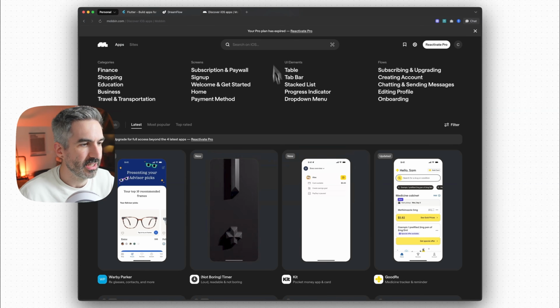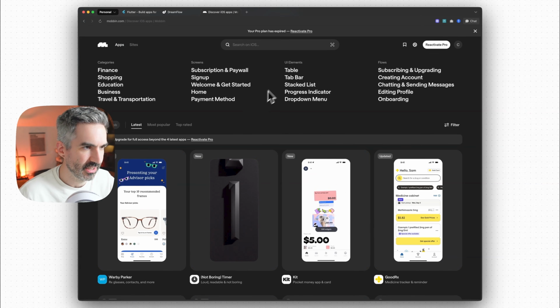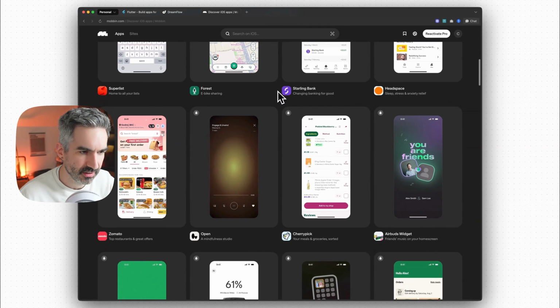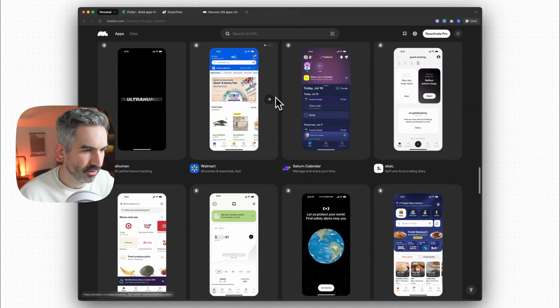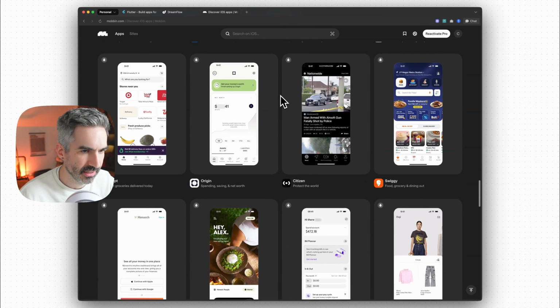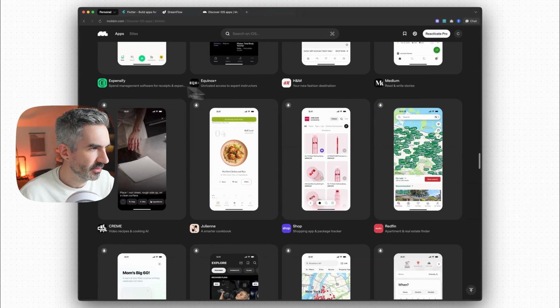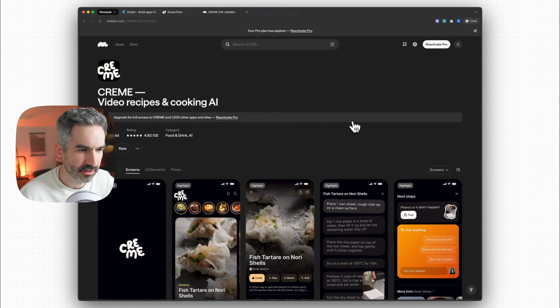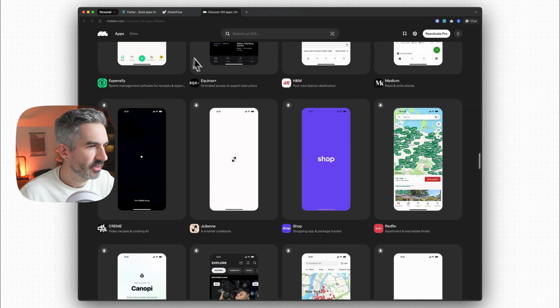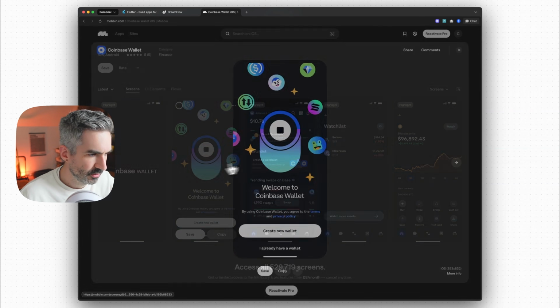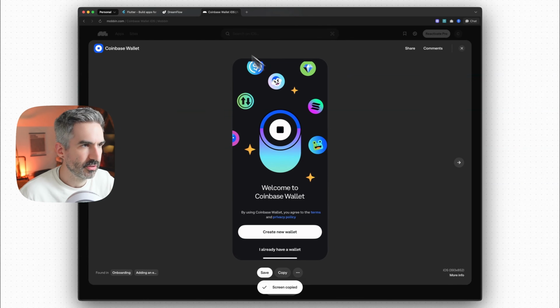I'm just going to go quickly over to Mobbin to find some design inspiration for this before we get started, so I can get it to follow the design of an existing app here that I like the look of. I kind of want to go for something dark mode. I actually like the look of this one, so maybe we'll find something in here that we can use. Let's go back from here, let's find something else. I like this Coinbase wallet one, so what I'm going to do is I'm just going to copy this over